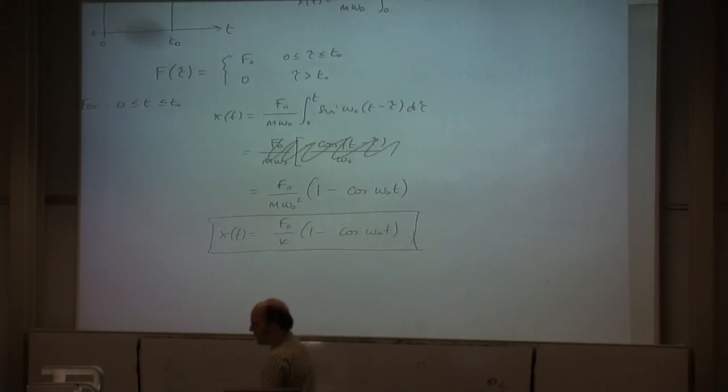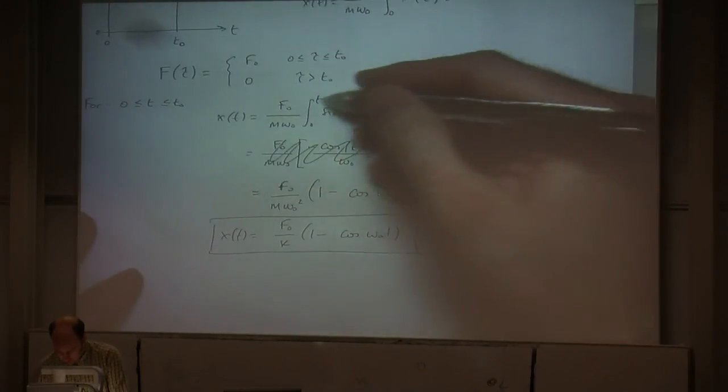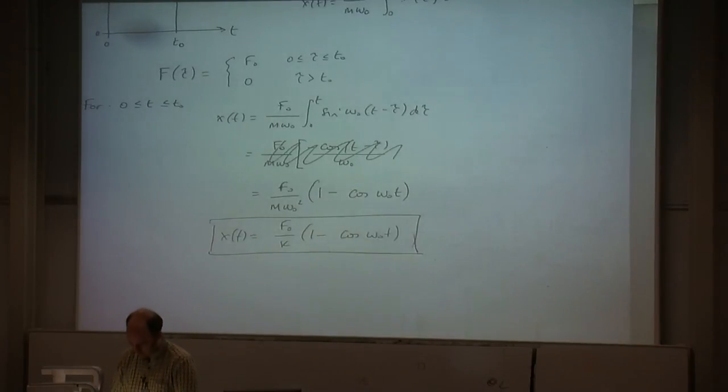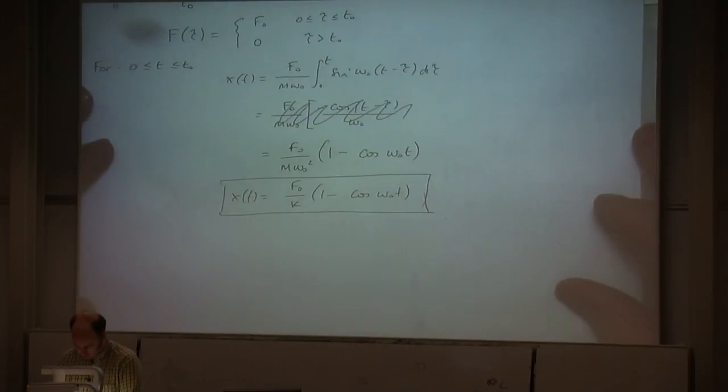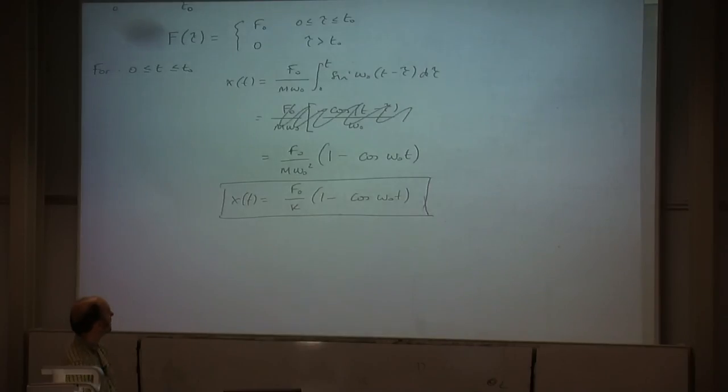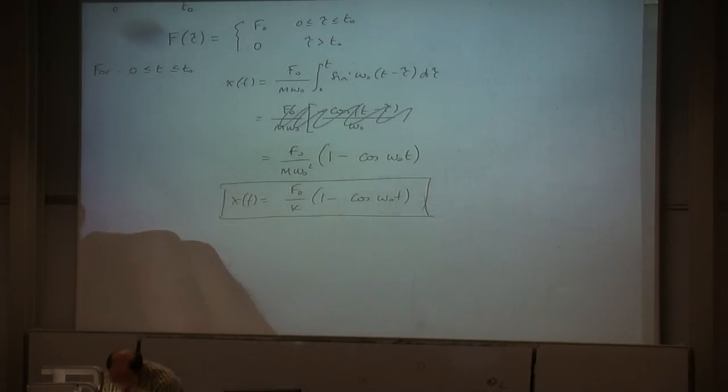And if you did want to spend the time doing the integration, it's there. I didn't write it down in my notes, and to spend time doing it is not worth it, but you can do it if you wish to. And you'll find that it equals 1 minus cosine omega naught t, divided by omega naught. Then for the second domain, for t greater than t naught, x of t